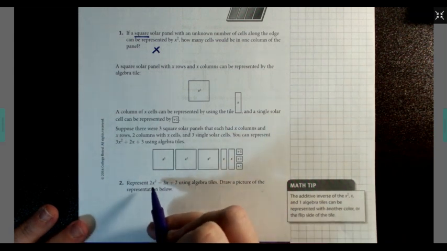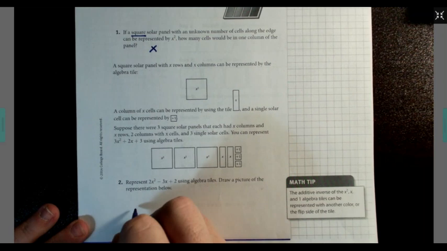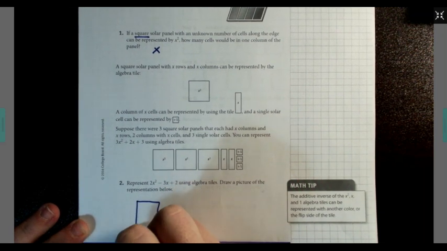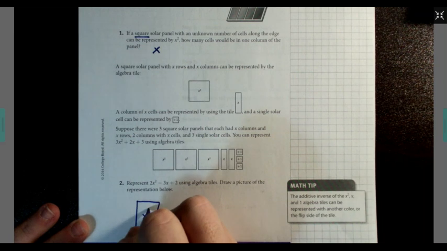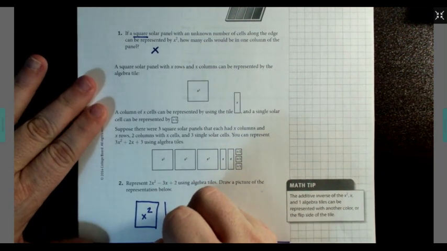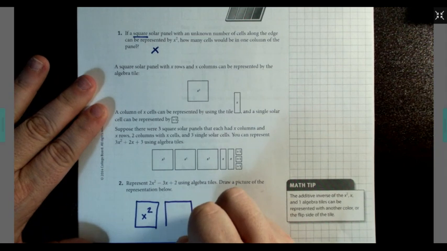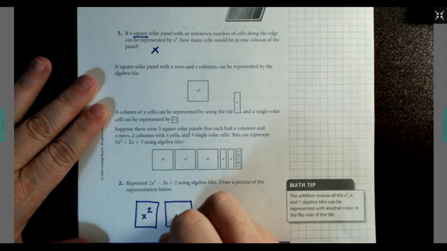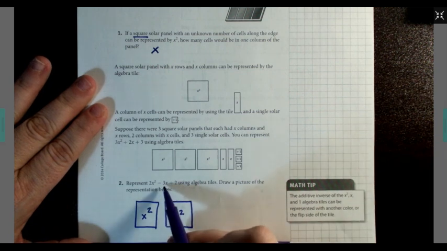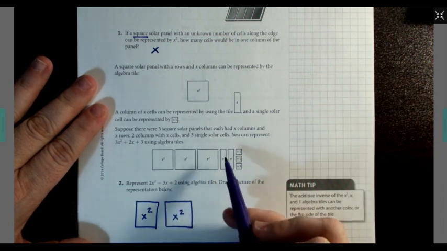We want 2 of these x squared boxes. So we're going to draw a big square that we're going to call x squared. I need 2 of these, so I'm going to draw a second one. Again, I have x squared. Here I've got negative 3x. So I need the